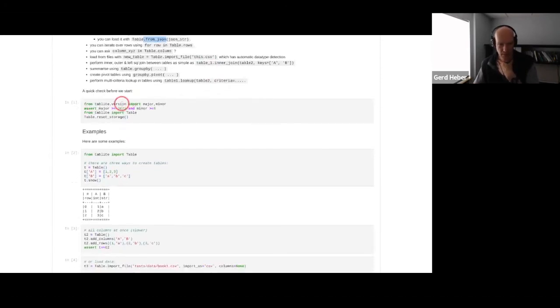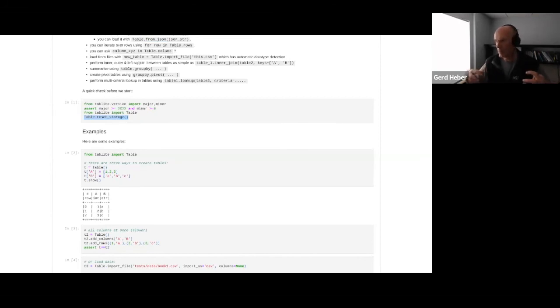And you can first of all check versions, and then he has this concept of a storage, which I imagine is inspired by SQLite, where if you have a session, you can actually save your workspace or your session.